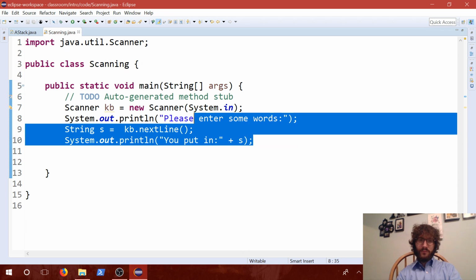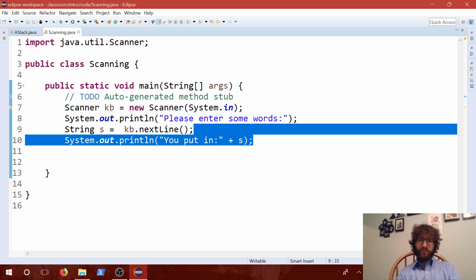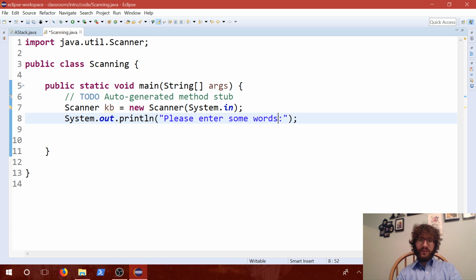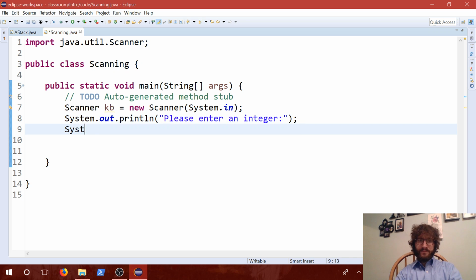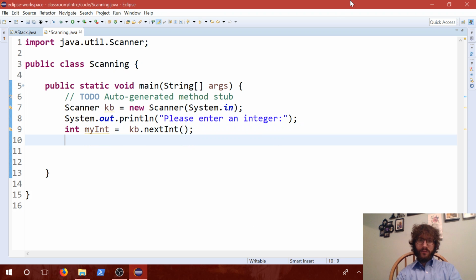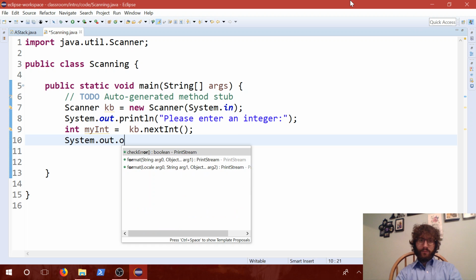So you can read things other than strings. So let's go ahead and look at this example instead. Please enter an integer. So if we want to read an integer instead, we can go int myInt is equal to kb.nextInt to grab an integer. System.out.println